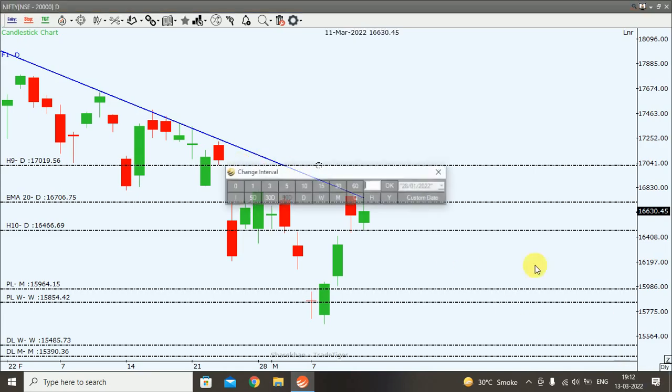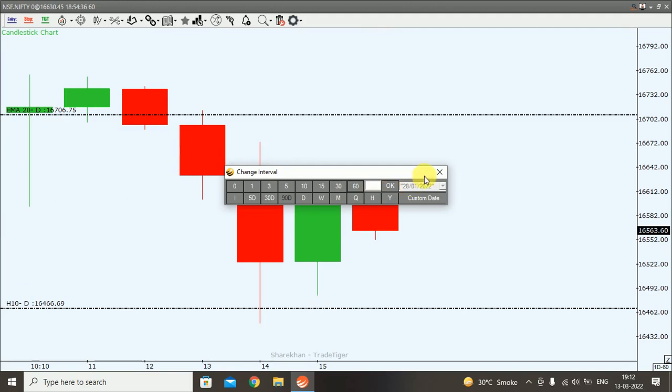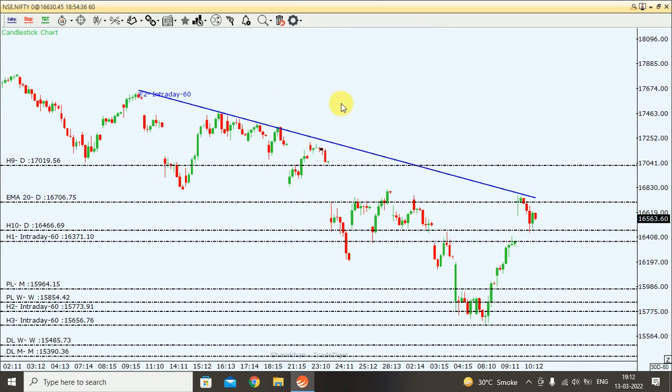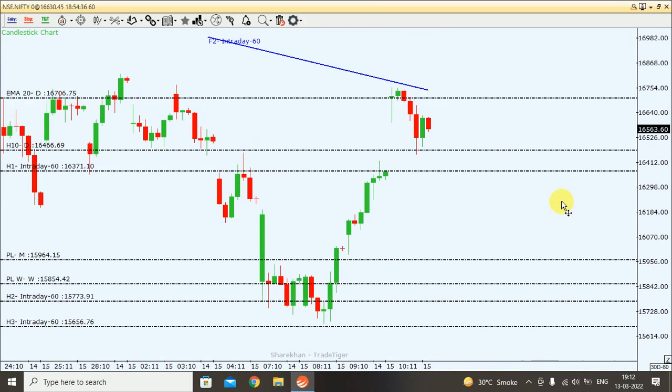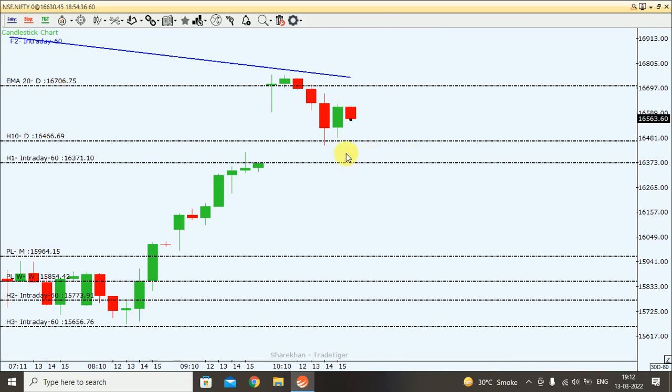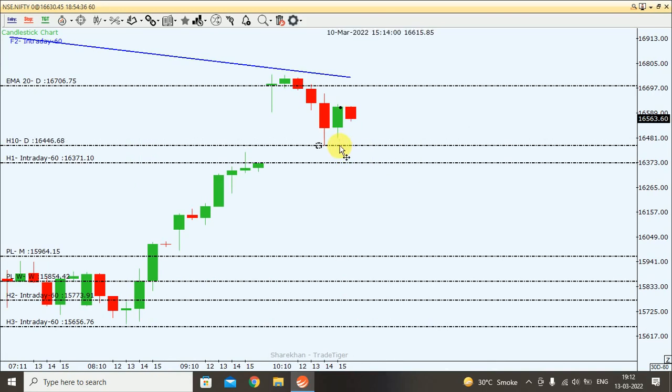If we see what is happening in the hourly time frame, even in the hourly time frame, the Nifty chart is following this trend line, yeah, which is very near to the resistance. On the downside, we can see that if Nifty starts trading below the low of Friday, which is